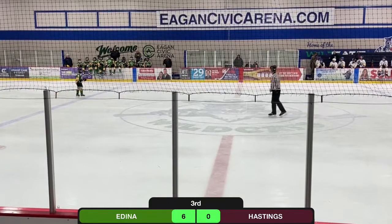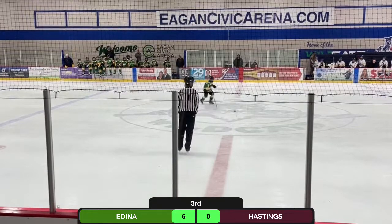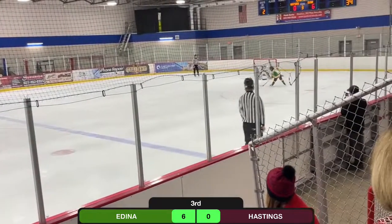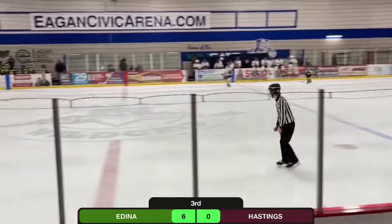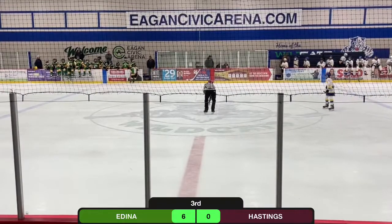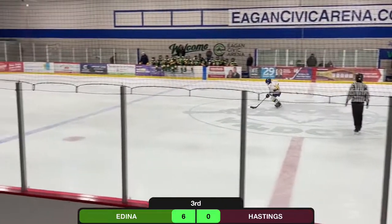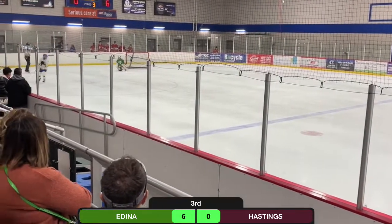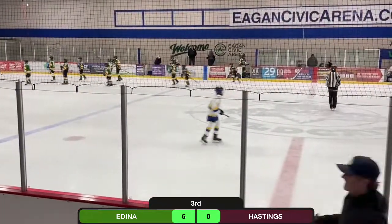Here comes Kelly on for Edina. Similarly, Colin going slowly. Gets on his forehand shot. Saved by Hastings. So now Hastings needs to score to prolong it. If they do not score, then Edina is going to be the winner of the shootout. Here comes Hastings back the other way. Shot saved. No goal. Edina picks up the additional point. 4-point afternoon for